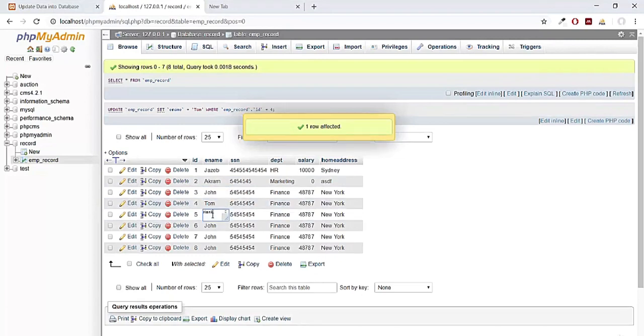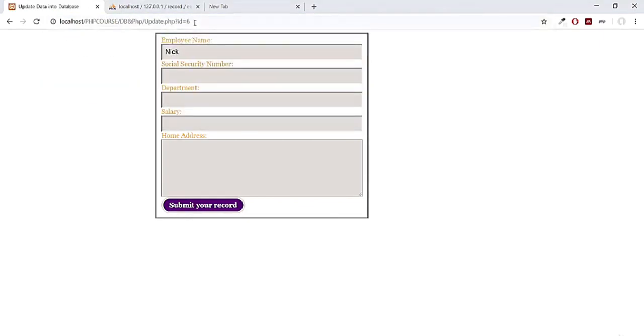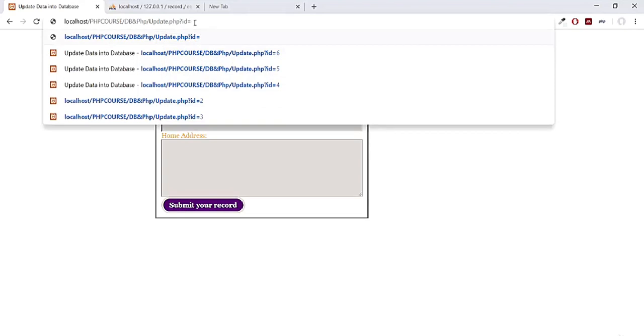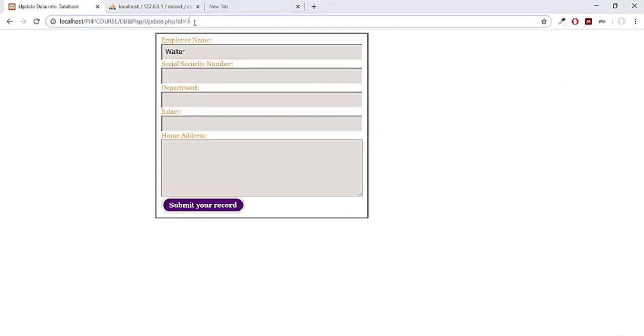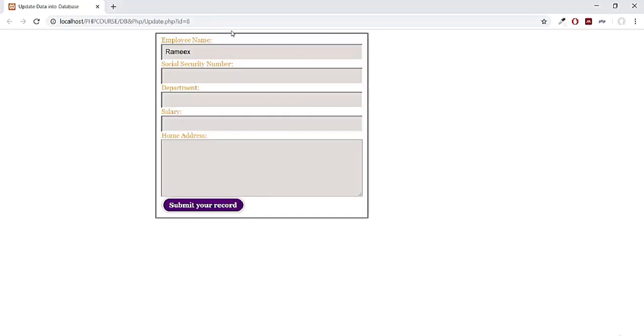I'm cheating a bit and making everything with a manual change. So if I make it 5, you can see Hanks. If I make it 6, Nick. If I make it 7, Walter. If I make it 8, you can see Remix.